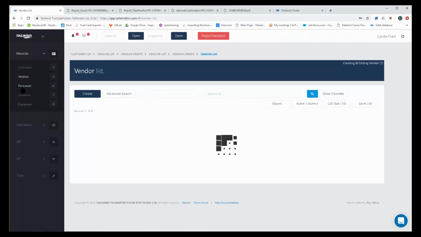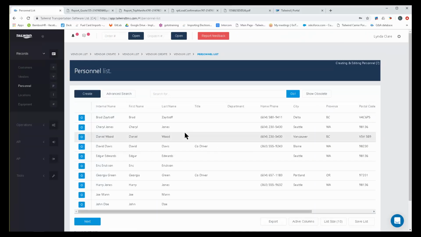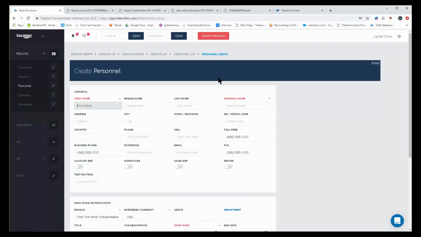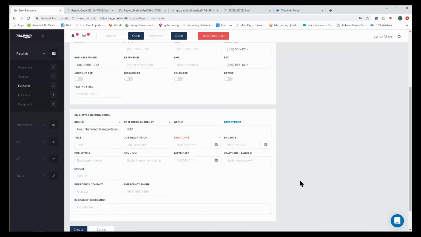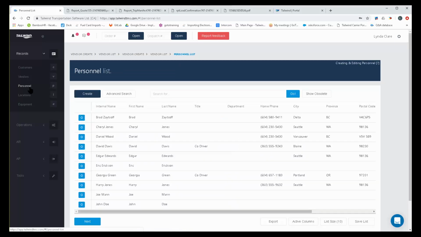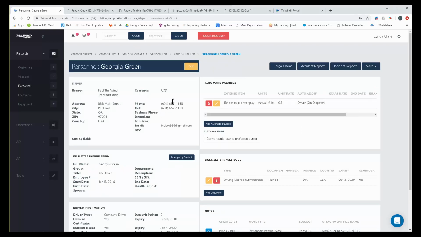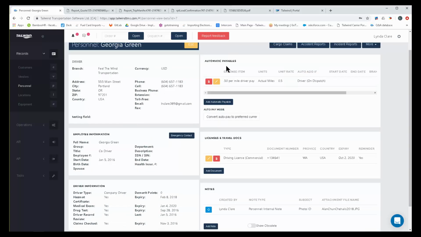Moving on to locations. Personnel. Personnel is just the ability for you to create a record for any person that happens to work for your company, whether it's a company driver, dispatcher, owner, sales rep, account rep, order taker, admin people. Hitting that create button, the software is going to show you all of the information that you need to track for these people. And once you do, the software will open up the personnel record for you, allowing you to do more functions,